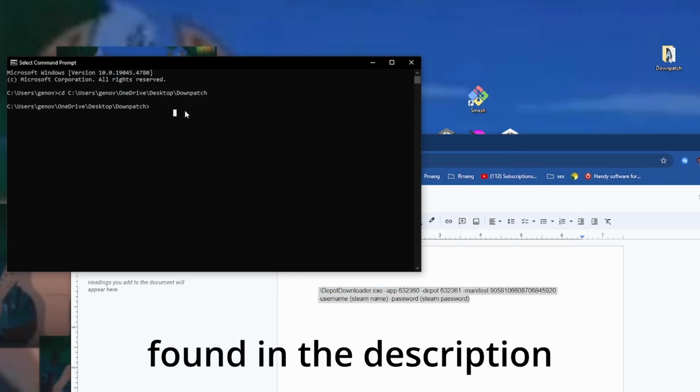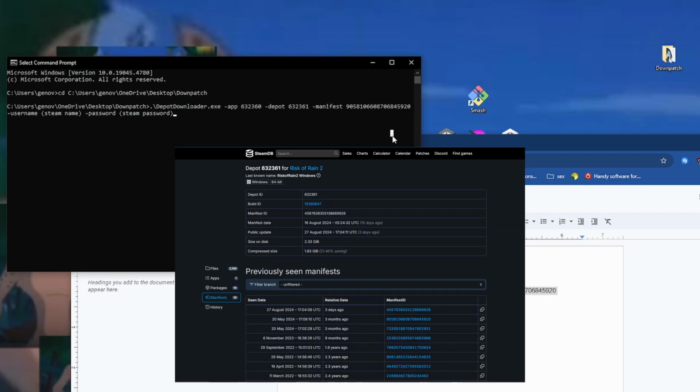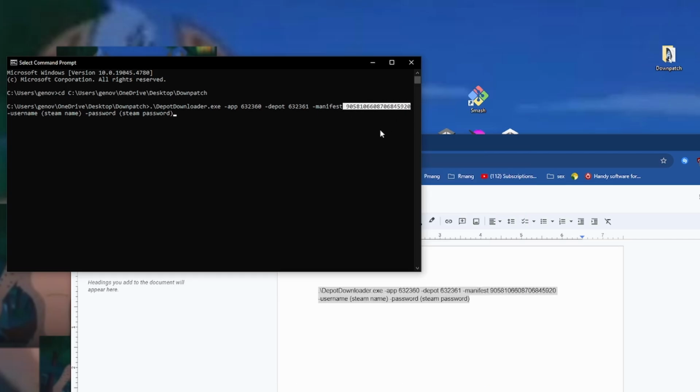Now, this has some interesting stuff. You'll be able to see we have a manifest version, which is basically just the version of the game that we're downloading. If you want to download a different version than what I'm using for this video, I'll have a link in the description for the other versions. This is going to be the Devotion update, or the last update before the Secrets of the Storm update,